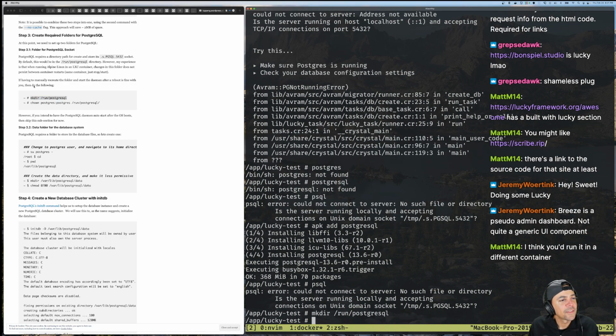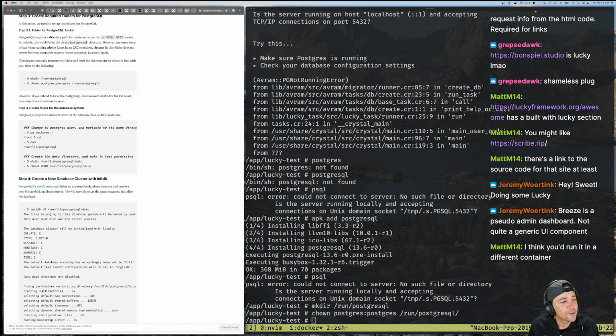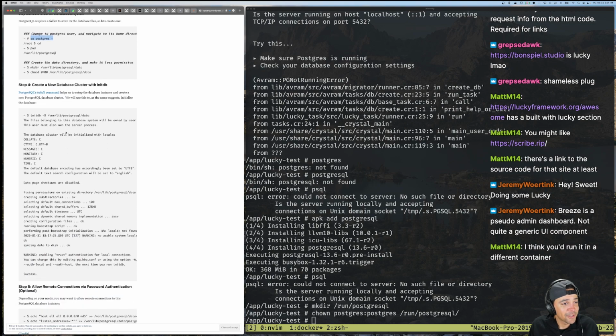Let's see. I don't know about Docker compose and all that stuff. I don't know, man. Let's see. Sudo postgres. Oh my goodness, this is a lot. What if I just skipped all that and tried it? Oh, initdb. Oh, I need that.